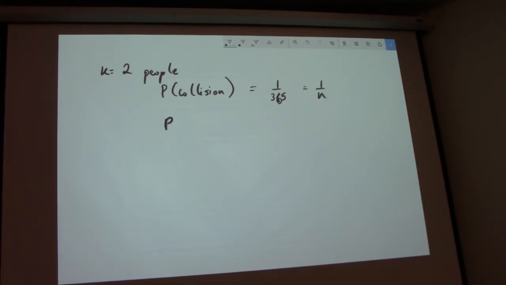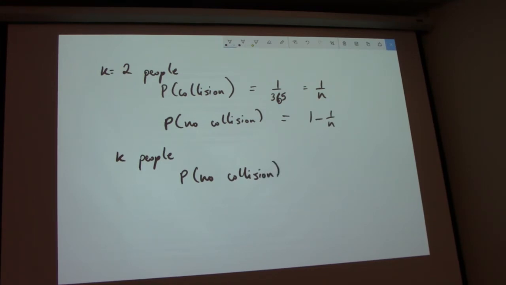Then what is the probability that there is no collision, that they do not share a birthday? Seems fair, right? So now, with k people, there will be k choose 2 such pairs that you can make. Then the probability that you still have no collision,